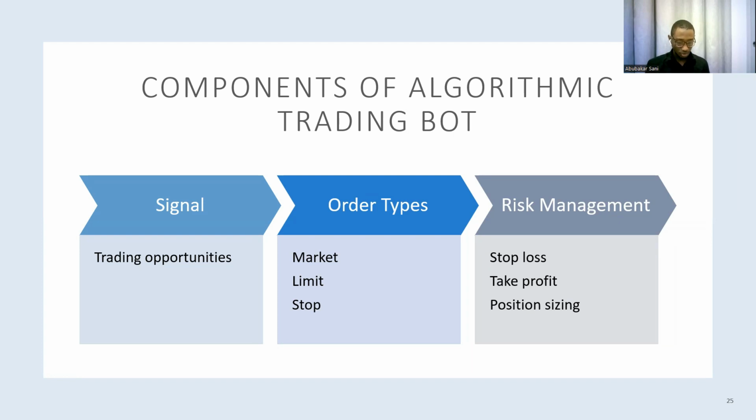The other part is now that you have been able to identify an opportunity, you have seen an opportunity. Are you going to buy immediately or are you going to wait? Okay. If you are buying immediately, then the moment you see the opportunity, you buy. You place the order, you indicate the amount of shares you want to buy, and you buy. If you want to wait, then what are you waiting for? Are you waiting for the price to come down further so that you will increase your profit margin? That is a limit order.